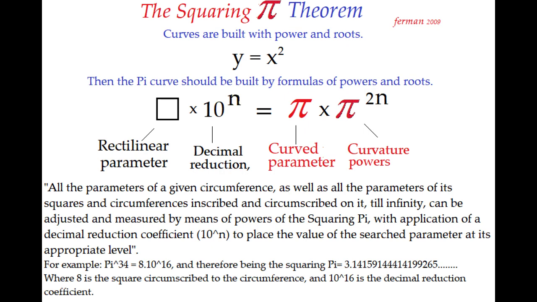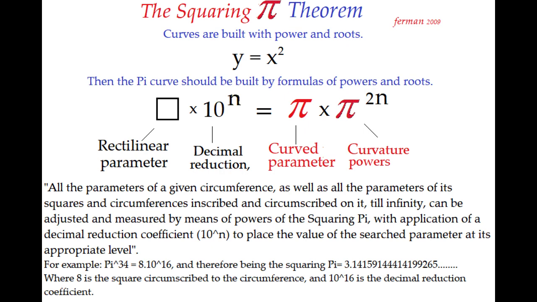For example, pi to the power 34 equals 8 multiplied by 10 to the power of 16, and therefore being the squaring pi equals 3.14159144414199265, where 8 is the square circumscribed to the circumference, and 10 to the power of 16 is the decimal